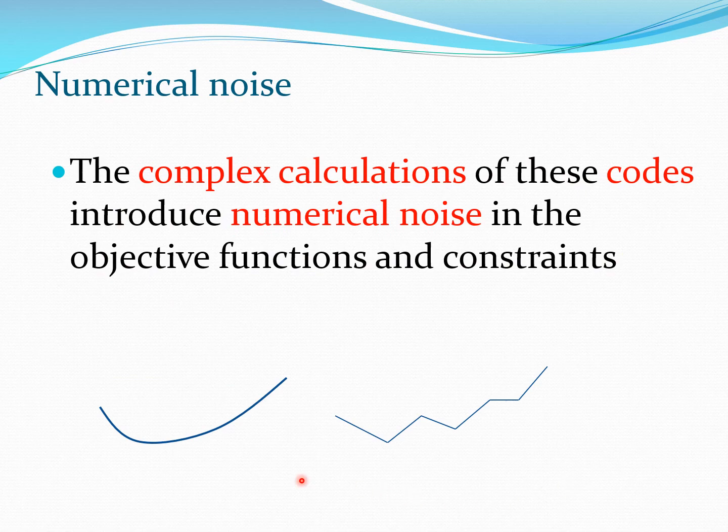So the complex calculations which take place in various models, when these models are run to perform the simulations, introduce numerical noise in the objective function and constraints. So you may think theoretically that your function looks like this. You would want your function to look like this. That is a very smooth curve in the design space. But in reality, you are running your simulation at some discrete points, and these points may come across like this here. And your computer program or optimizer may actually settle on some minimum point here and think this is the minimum point. So one of the things which you could do in any such situation is to smooth this out,